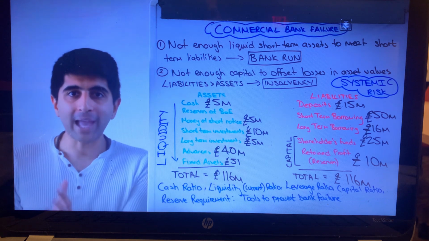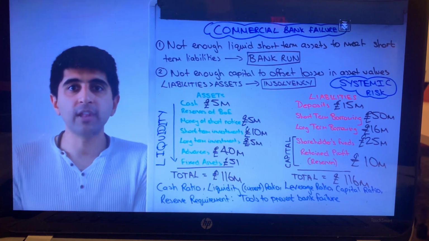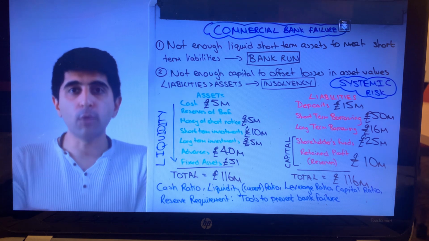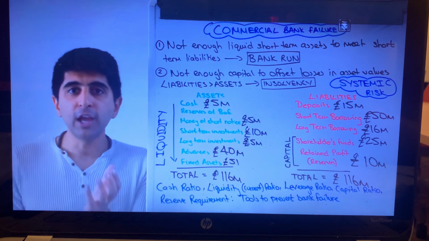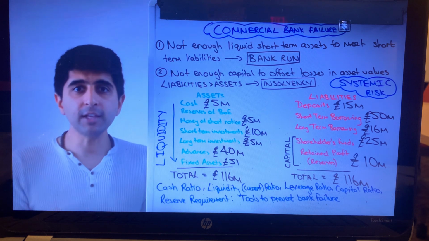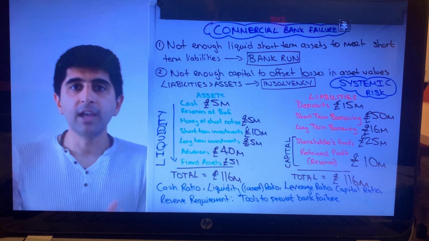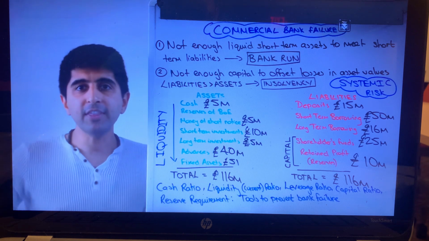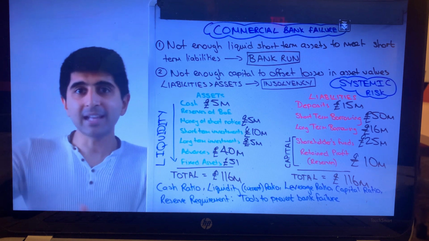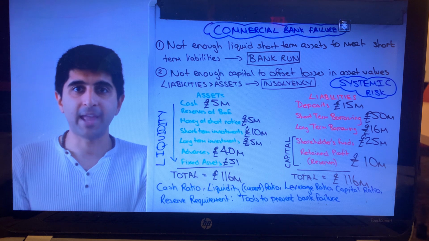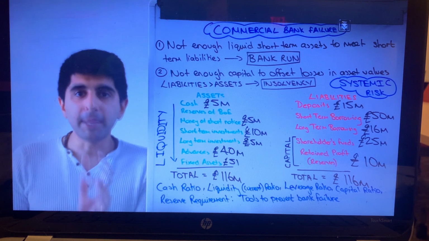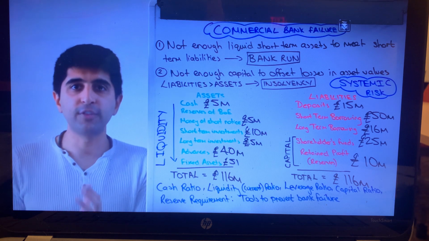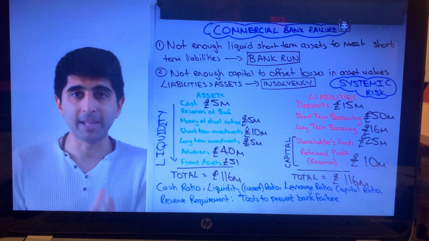Other banks who are holding assets that this commercial bank was liable to pay, well, those assets now are worthless. If that commercial bank doesn't have enough capital to offset the loss in those asset values, then they can go insolvent, they can go bankrupt. What about another commercial bank who's holding assets that the second commercial bank was liable to pay? Well, those assets might be completely worthless, in which case that commercial bank may not have enough capital to offset the loss in those asset values. They may go bankrupt, insolvent, right?